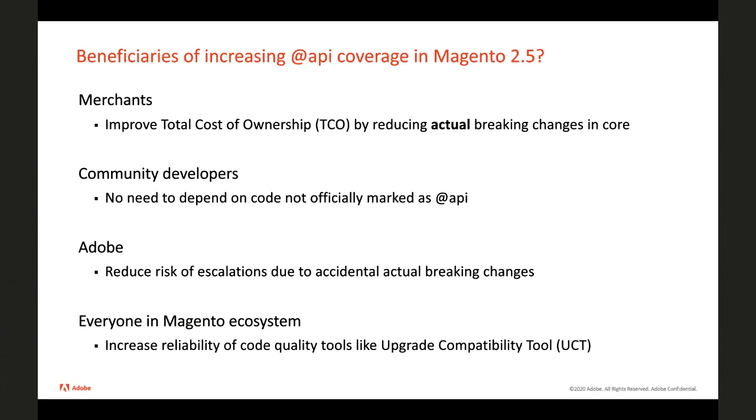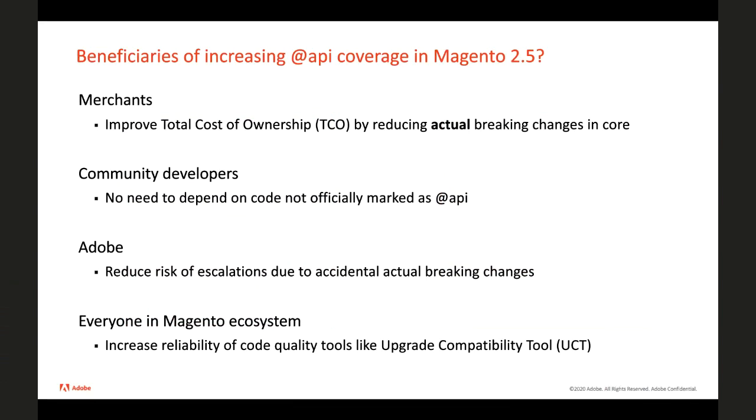On the Adobe side, we are going to reduce the risk of escalations caused by accidental actual breaking changes. Again, these are changes in this gray area where we don't expect to break anyone, but as a result, some extensions are broken. And everybody in the Magento ecosystem will benefit from increased reliability and code quality caused by the development of tools like the Upgrade Compatibility tool,